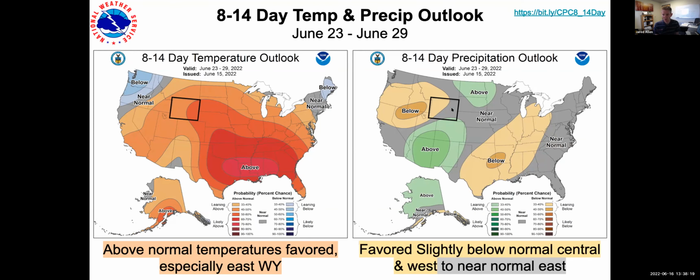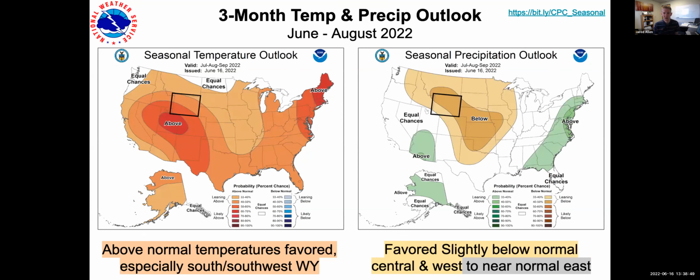Favored slightly drier for central and west, kind of near normal precipitation in portions of the east, and then maybe the super far south and east going down towards Colorado and the Four Corners, a little bit more favored signal for above normal precipitation. But again, we're going to need a lot more in this corner of Wyoming, the Cheyenne area, Laramie County, to try and start overcoming the drought that we have ongoing. So if we want to move to the next slide really quick,